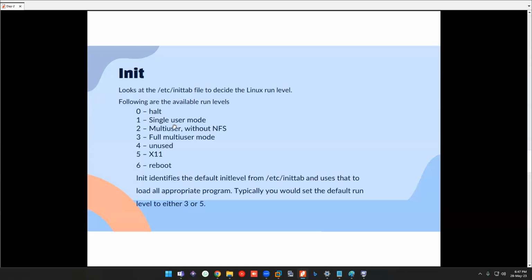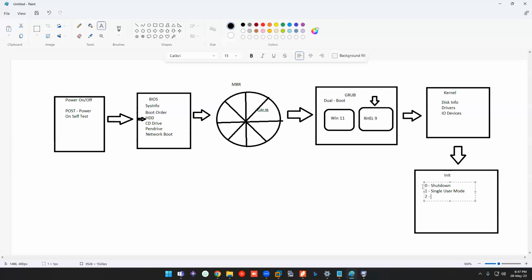In Linux, if you don't want to load the NFS drives, or you don't want it to connect to the internet, you will use this multi-user without network driver. That is your second init, init 2, multi-user without network.